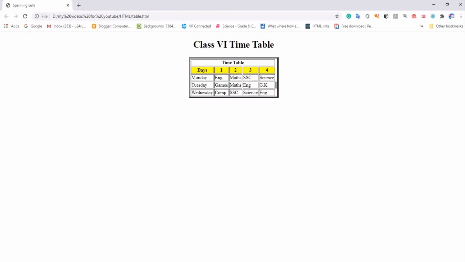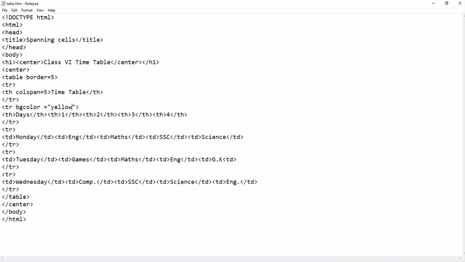Next thing that we will learn now is how to adjust the table size, height and width. Clear? For that, in the same way, where we are writing the table border, there only we are going to mention width.